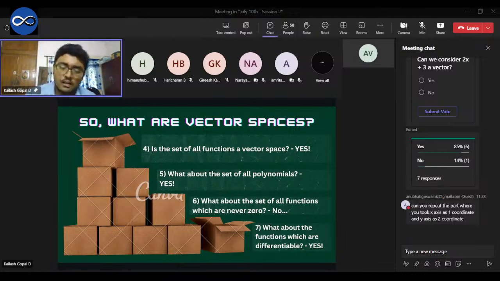What about the functions that are not zero? Okay, so the answer turns out to be no, and that is very interesting. So we'll come to this later, but this will basically determine a fundamental property of